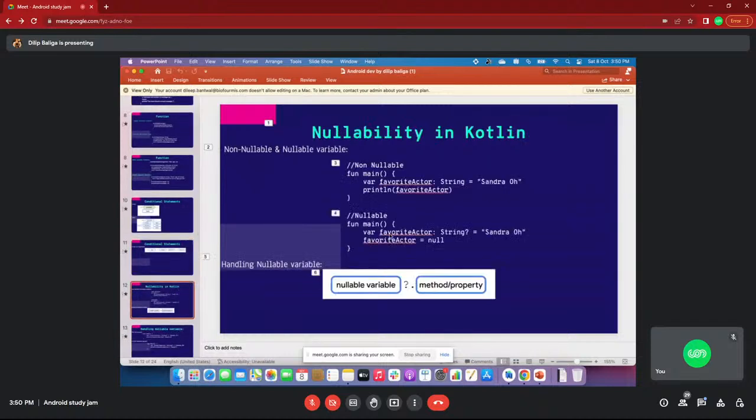Next thing, nullability. This is a very main part of Kotlin. Apart from Java, I think this is the main advantage and why Google and Android developers are adopting Kotlin, because apps crash somewhere. For example, I think you also faced some issue while running the app.